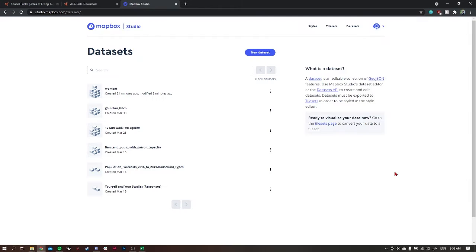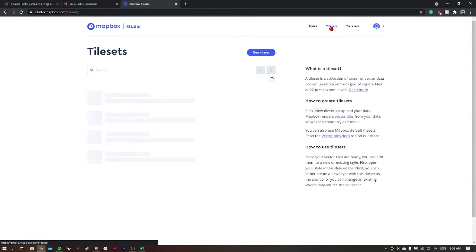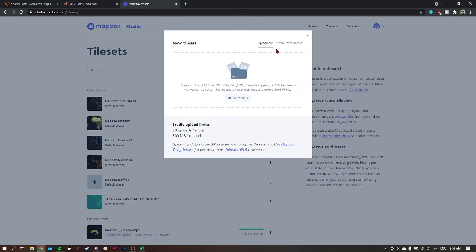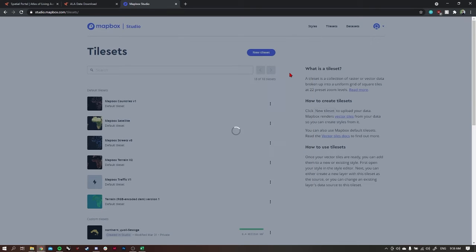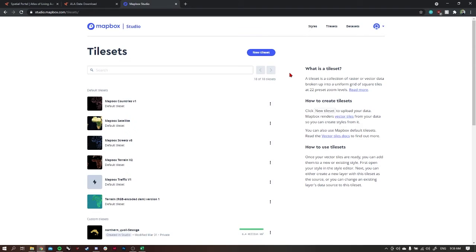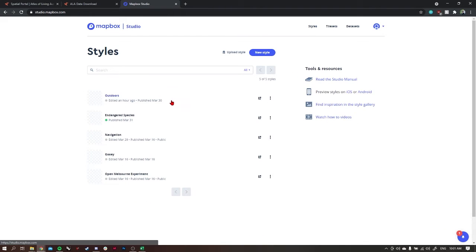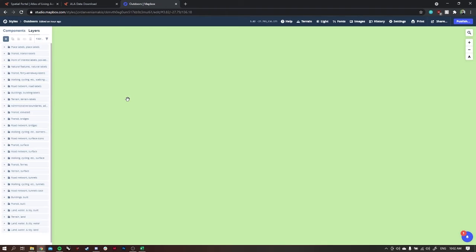we are going to convert this into a tile set. So to convert this into a tile set, we're going to go to tile sets, select new tile set, create from data set, and then select wombat and export. So what this is going to do is make it more readable for our actual map itself. So this also normally takes a while, so we'll just wait for this to export. Now that that's finished, and it only took 2 minutes, we can go back into our styles,